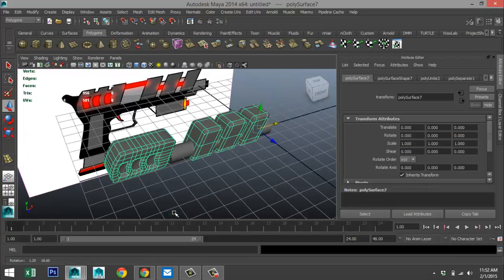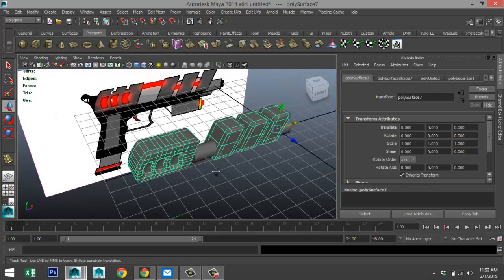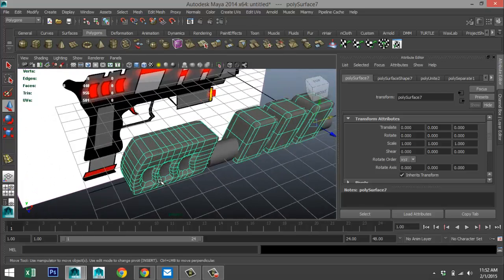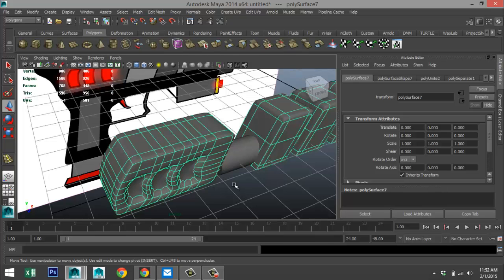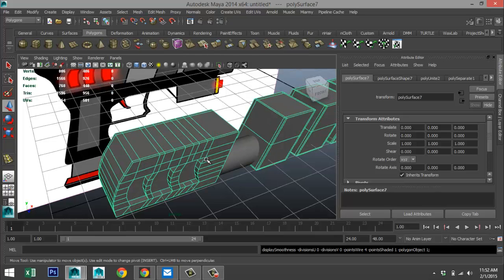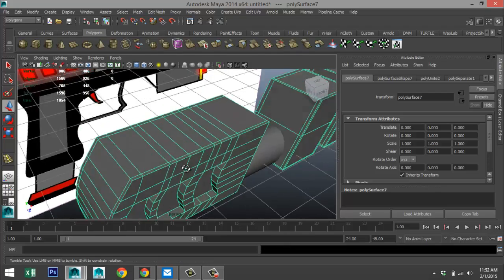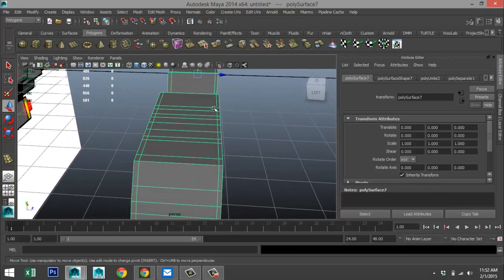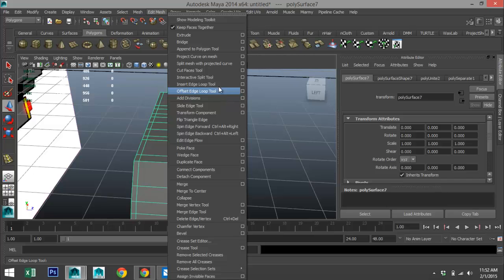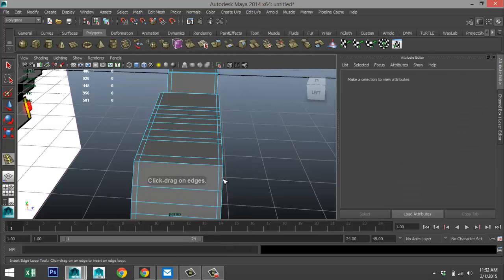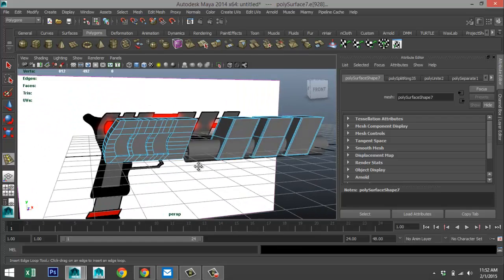Mesh, combine, 3 on our keyboard. Okay. Now these look okay. This one looks a bit too soft, if you will. So hit 1 on your keyboard and let's add a few edges. Edit mesh, insert edge loop tool. One up there.